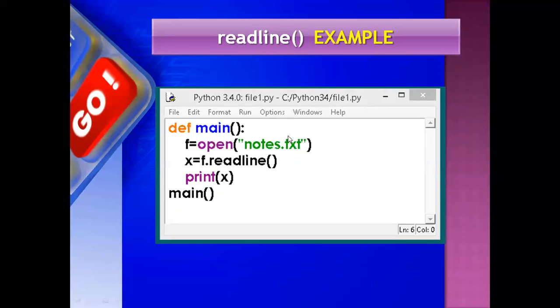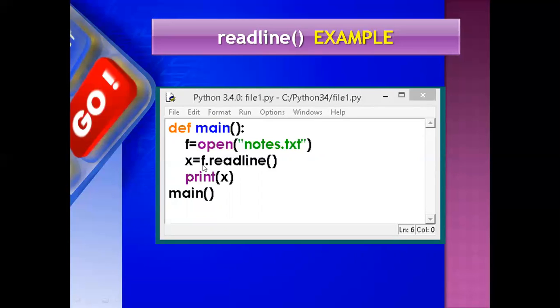You have to mention here whether it is a text file or a binary file. If you are creating a binary file, here you have to write dat. We'll discuss it later. X equal f, which is the file object. Instead of f you can write any name, any file name, that you need to open here.